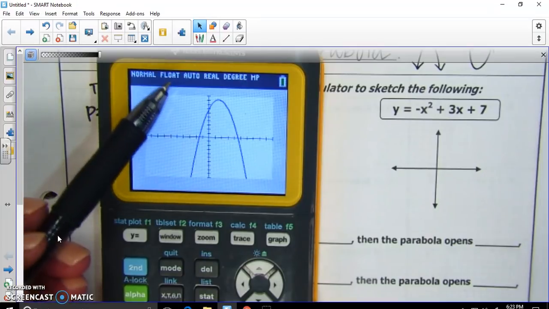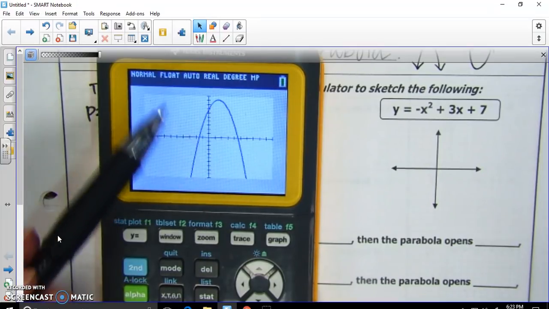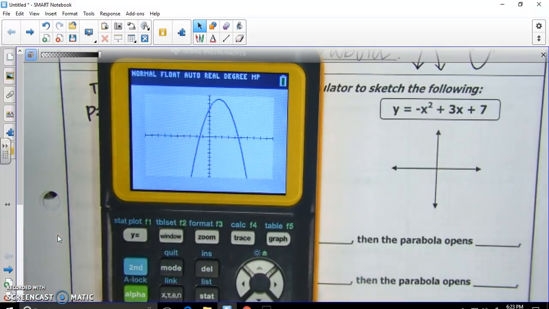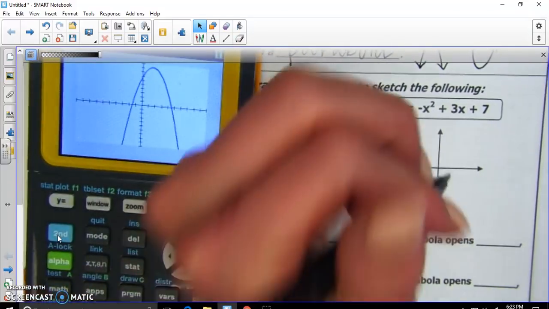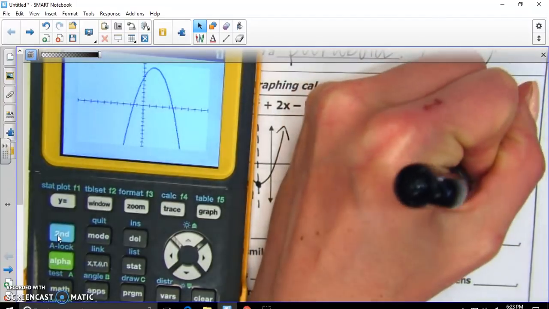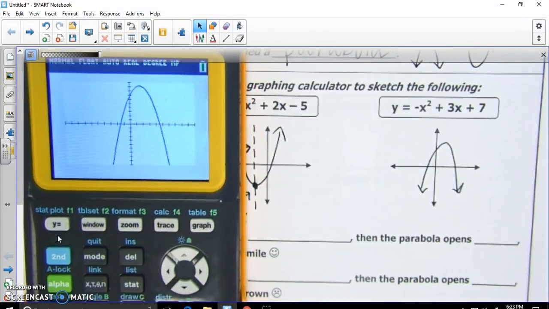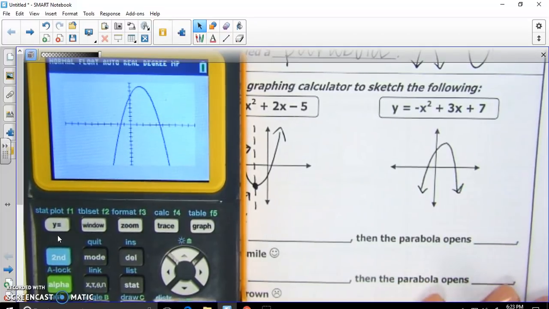So this, instead of it looping the other way, it's actually starting from the bottom, moving up, up, up, up, and then coming back down. So if we're going to sketch this graph, we might say it looks something like this. And this is just a sketch, nothing perfect, just to give the idea of where it is and how it's oriented